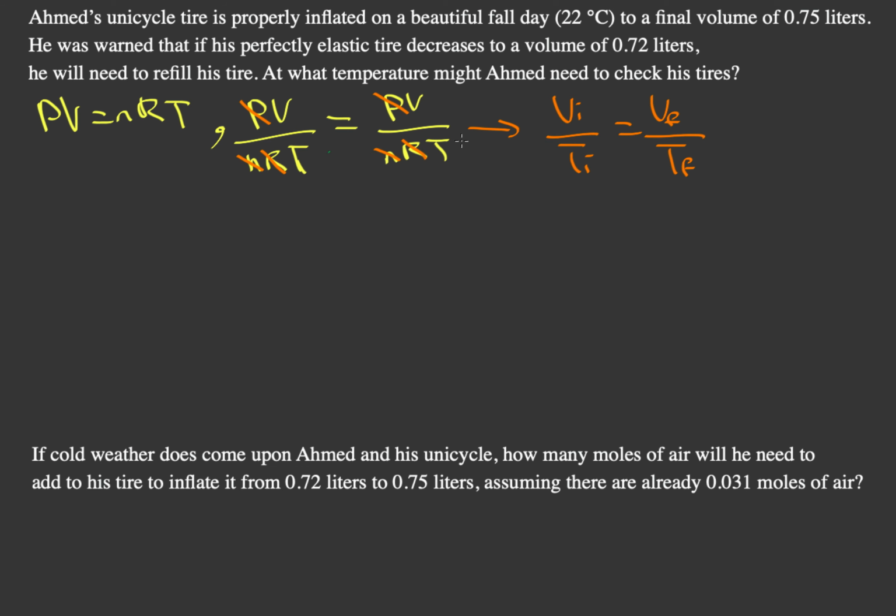So we have our volume initial is 0.75 liters over our temperature initial, which is 22 degrees Celsius, but we want this in Kelvin. So 22 plus 273 will give us our Kelvin, which is 295. So we got 295 Kelvin is equal to our final volume, which is 0.72, over that temperature final. So we don't know what that temperature is. So if we solve for temperature final,